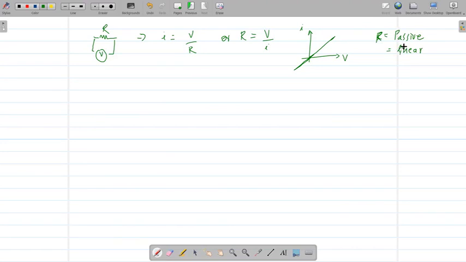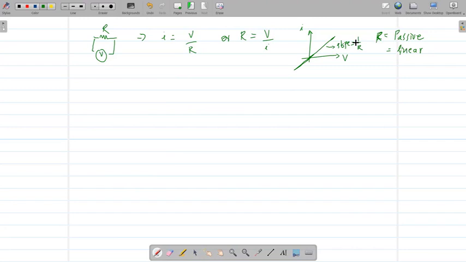And therefore, the resistor follows the superposition theorem. The slope of the line over here is, actually, in this case, the slope is conductance. It's 1 by R, since we have plotted I versus V. So it's Y by X. So I by V is 1 by R, and that is a constant number.